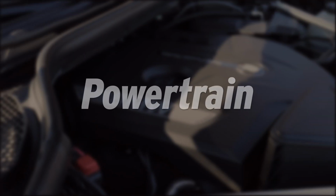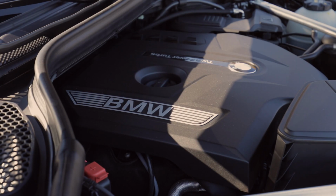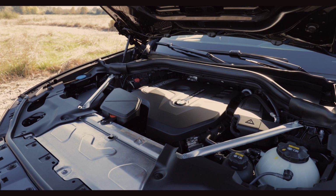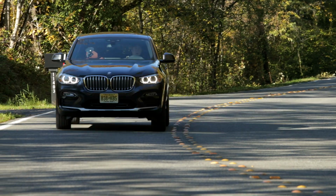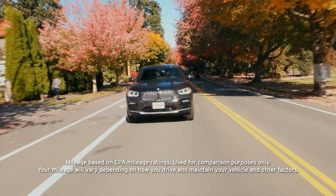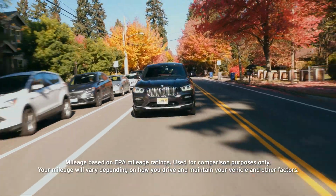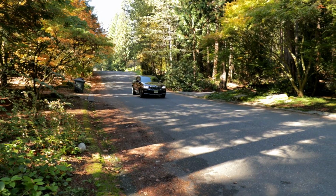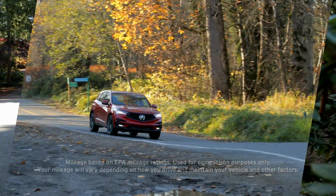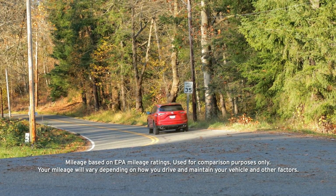First, let's look at the powertrains. The BMW X4 comes with a choice of two engines, a turbocharged 4-cylinder good for 248 horsepower and 258 pound-feet of torque, or a turbocharged 6-cylinder, which cranks out 355 horsepower and 365 pound-feet of torque. In base spec, it's rated at 22 miles per gallon city, 29 highway, while the more robust motor comes in at 20 city and 27 highway. All-wheel drive is standard. In comparison, the RDX has a turbocharged 4-cylinder which pumps out 272 horsepower and 280 pound-feet